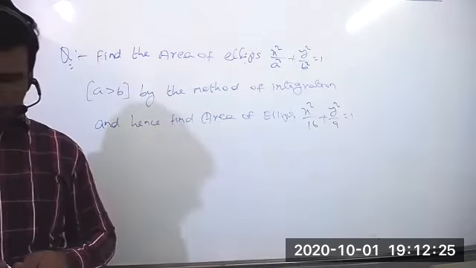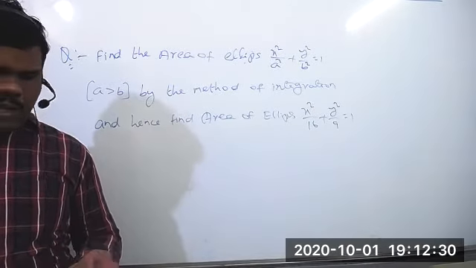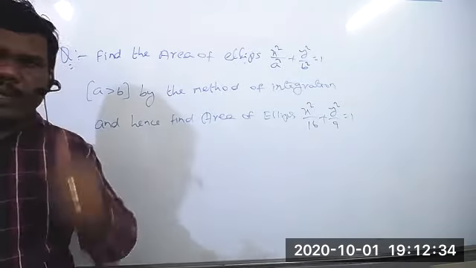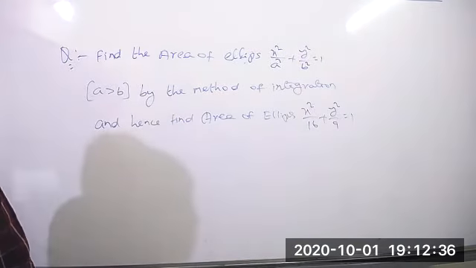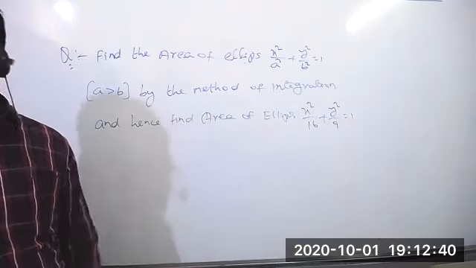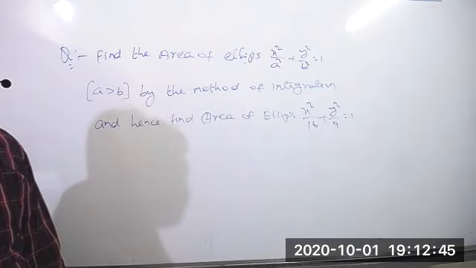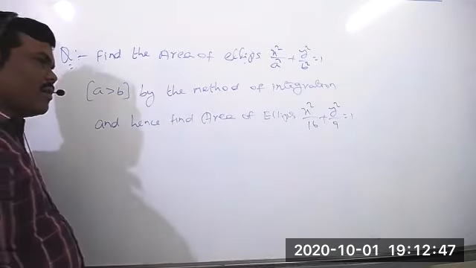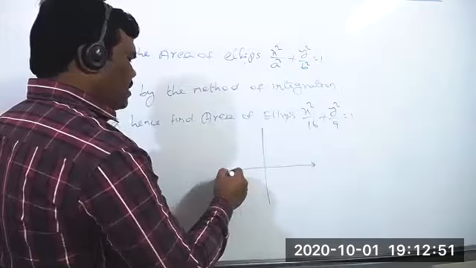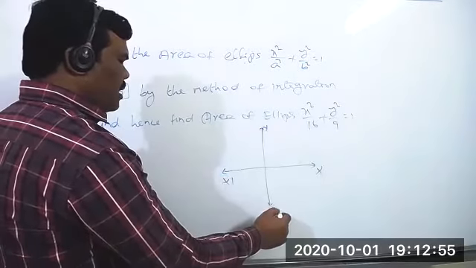Anyone? In the ellipse equation, if a is more than b, then the ellipse will be either horizontal or vertical. The idea is more important to us. Please tell me. Suppose you take the x and y axes here: x dash, y dash, and origin.